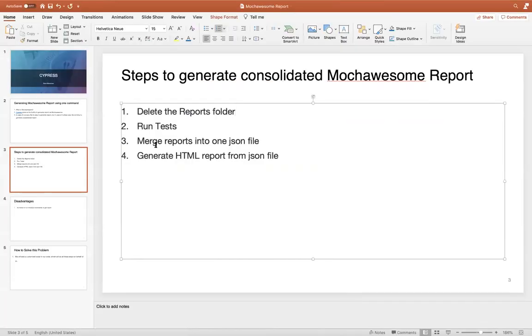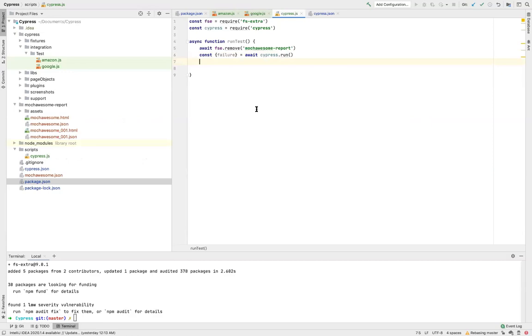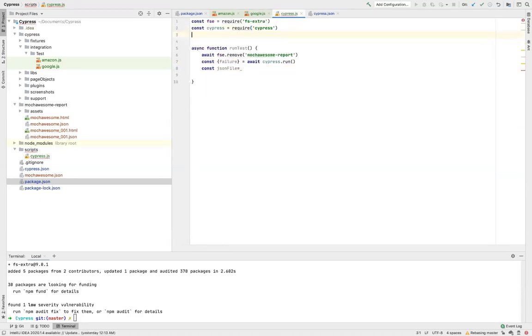The next thing I have to do is merge the reports into one JSON file. So I'll say const jsonFile equals merge.